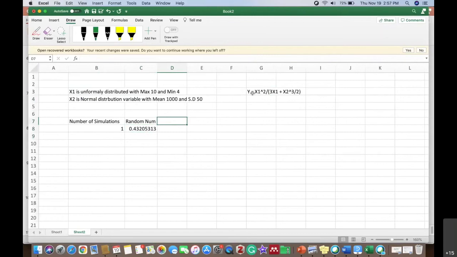In the next column, I will look at my model. Now the variable is x1. If you look at your statement, x1 is uniformly distributed. So for uniform distribution, the formula that we have is, start with the equal sign here, the minimum value, and the minimum value is 4 for x1, plus